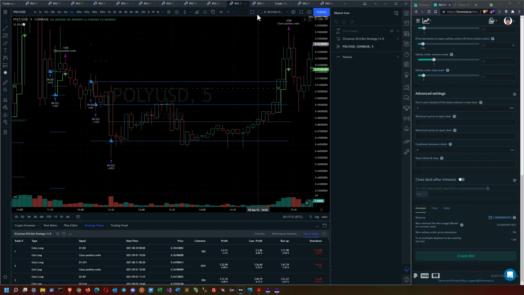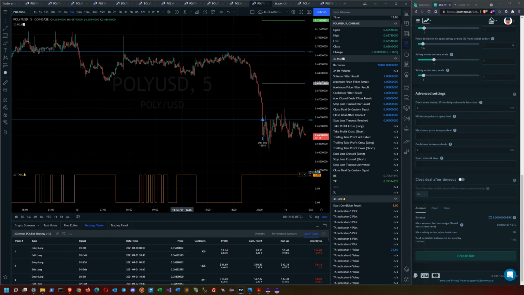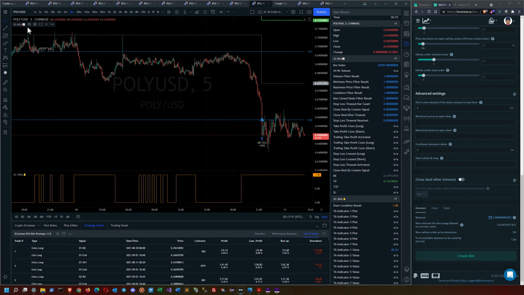And so there's that. All right, the next one I wanted to show was the actual technical analysis start conditions indicator. So down here at the bottom with this particular yellow line, you'll notice that this is the technical analysis start conditions indicator for 3Commas, and it's essentially going to be outputting some kind of signal so that you could see how it's signaling and influencing the bot, the DCA bot here up above. So what I'd like to do is just jump into the settings and then start describing what you can expect